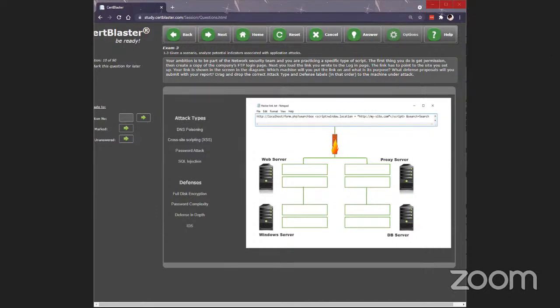And so based on the local hosting and so forth, it's a cross-site scripting attack. And so the only thing that can defend against cross-site scripting is defense in depth.